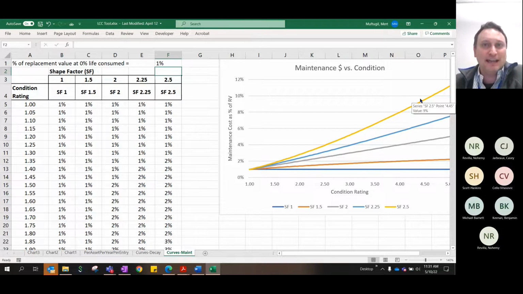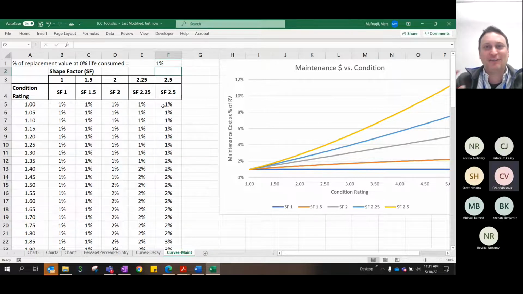A super corrosive chemical manufacturing facility may have something as high as 12%, but I don't anticipate us hitting that in our line of work. So I think these shape factors cover things nicely. One thing I mentioned last time we met